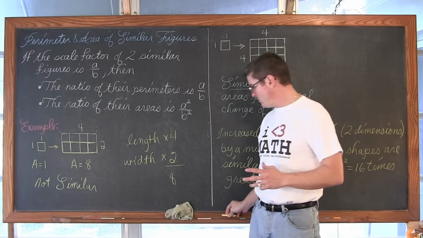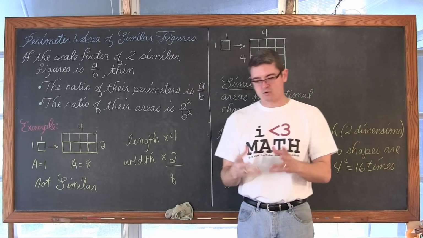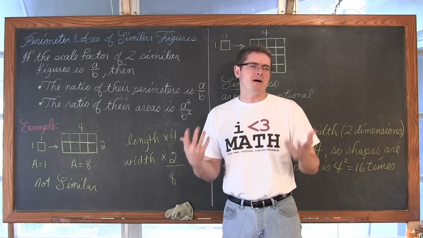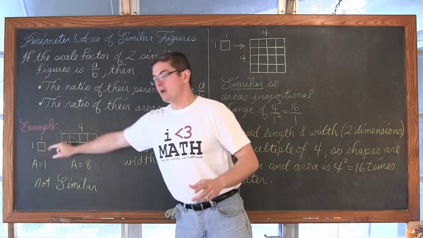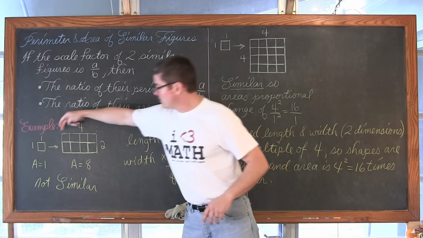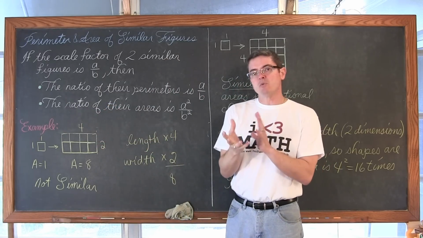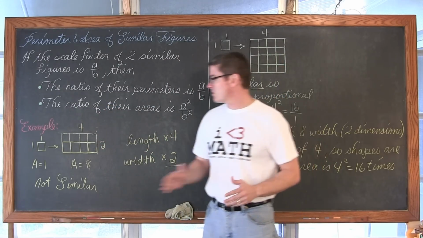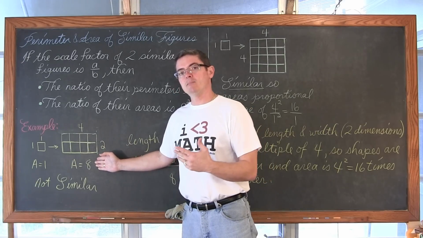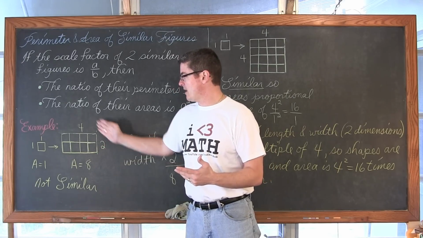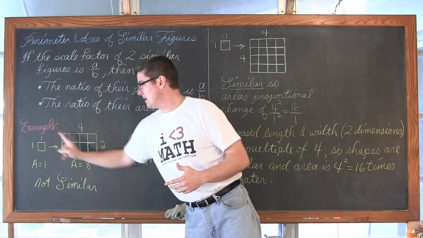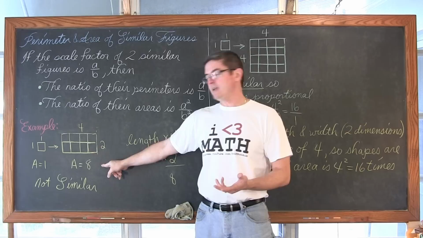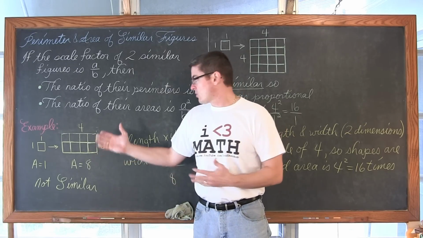So if you look at an area that's 1 by 1, area 1, I increase the width by 2, the length by 4. Those multiples on the length and width are going to together change the area. So 2 times wider, 4 times longer, that's a multiple of 8. So the old area can be multiplied by 8 to find the new area. Now, of course, these are rectangles.